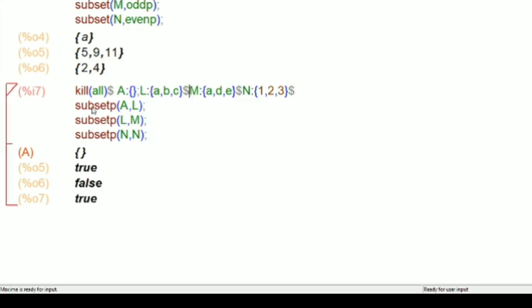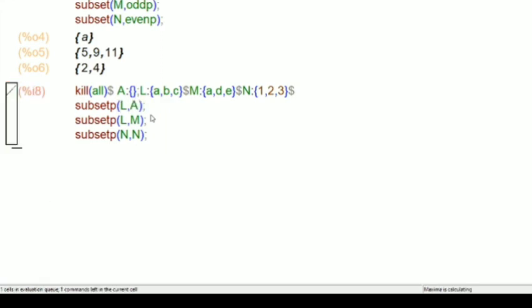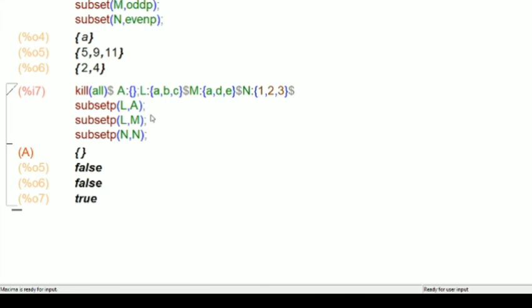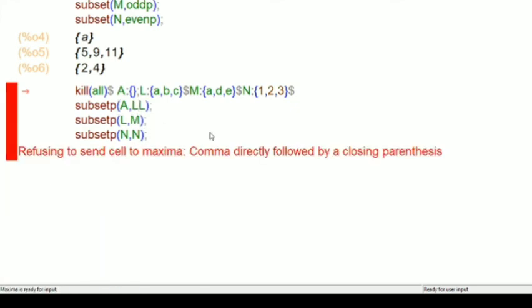Now, see, we know that the empty set is a subset of L, but it is not displaying that. So, subset predicate whether your A is a subset of L or not. Now, let me replace this L with A. It is false. But the empty set is always a subset of any set, so it has to be true. Okay, let me give this.